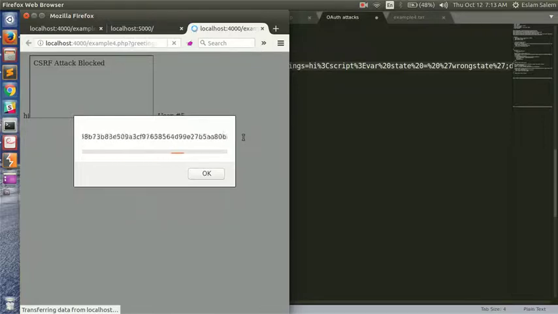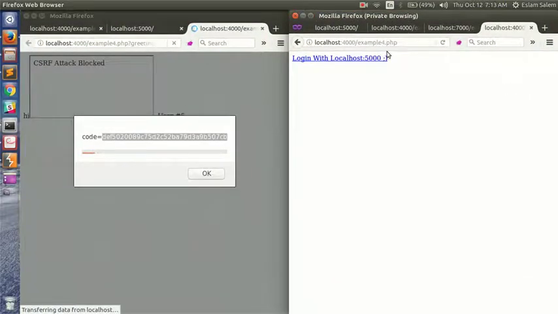In a real life example, this will send us the authentication code passively through an image or through anything. So we can take this authentication code, and here is our attacker